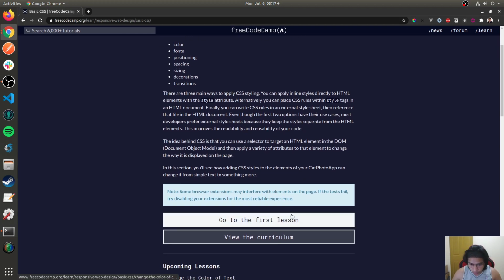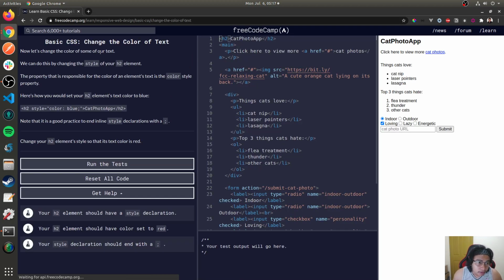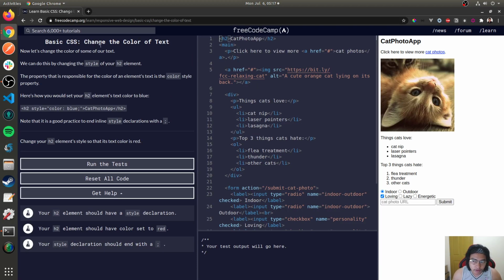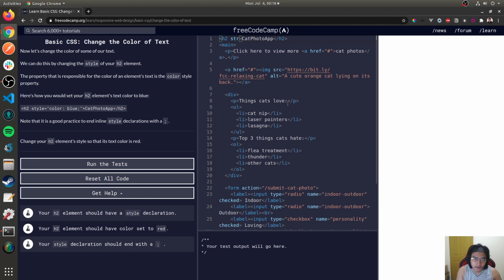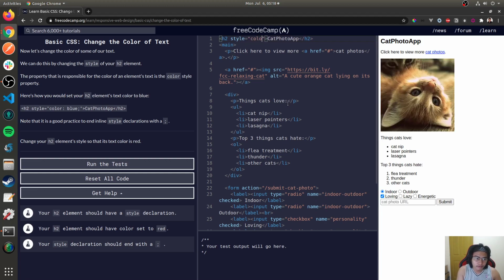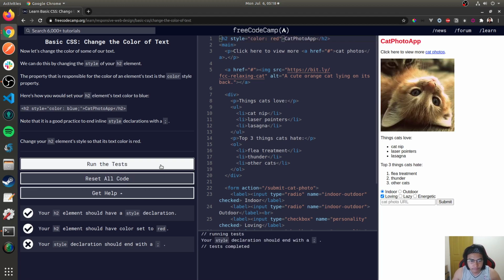Okay, let's go to the first lesson. Basic CSS, change the color of the text. So now let's change the color of the text by adding a style on the H2 element. Style. Oops, it should end with the